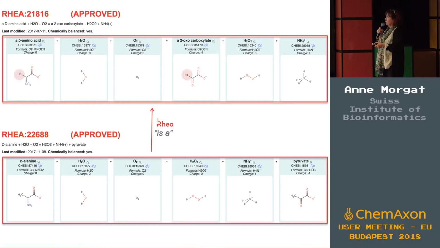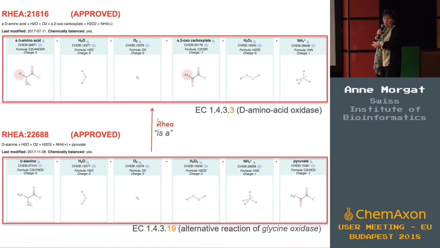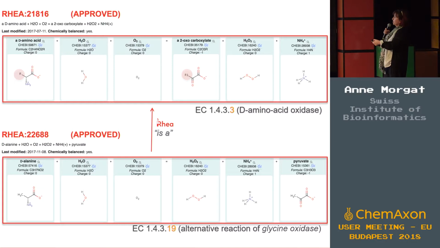If the other compounds are identical, we can clearly identify that these two reactions are linked together by an either relationship. So let me give you some information on the RIA classification. This classification extends the enzyme classification. These two reactions are catalyzed by enzymes that are at the same level in the enzyme classification. We can extend this classification by providing an additional level, because we can see that this reaction is clearly an instance reaction of this more generic reaction.